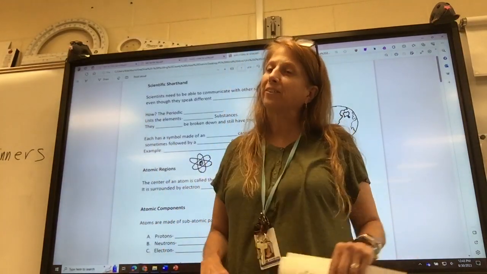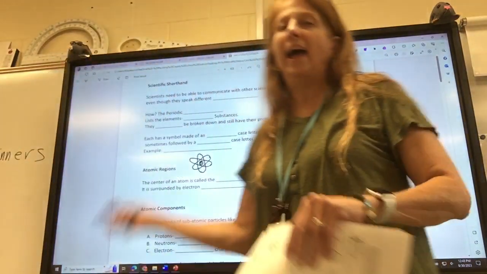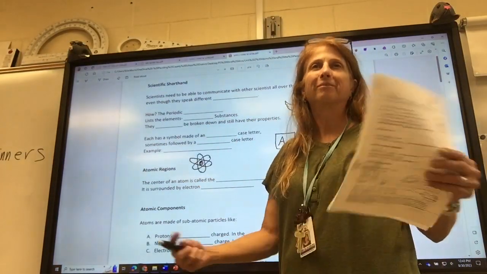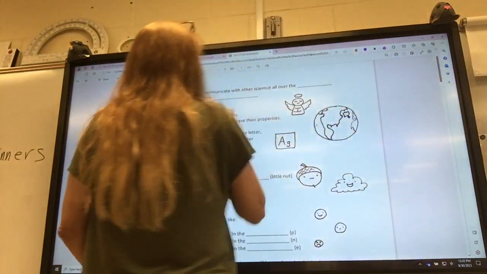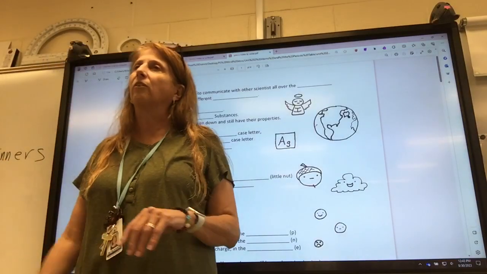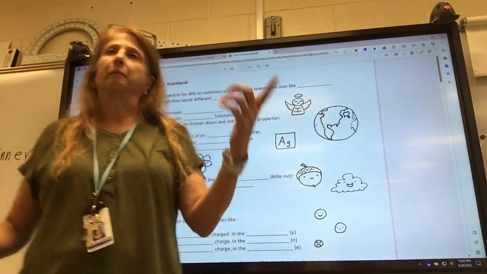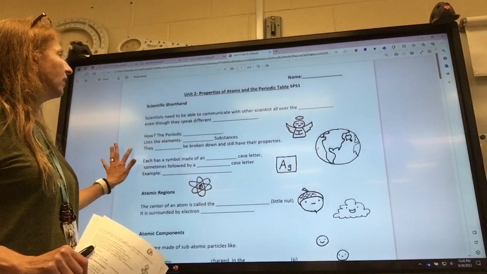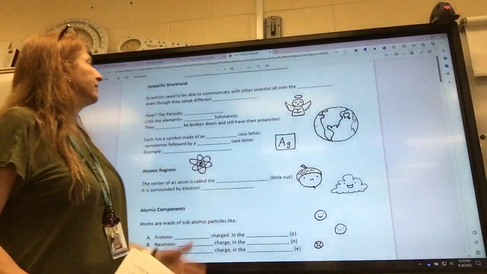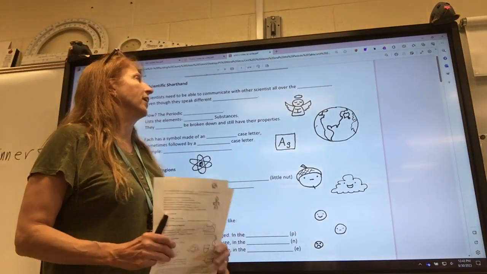And today we're doing physical science, and we're learning about atoms and the periodic table. So that's our beginning there. Okay, so most of this you guys already know, and you're going to see that this is going to be a very easy unit. So first of all, scientists need to be able to communicate with other scientists all over